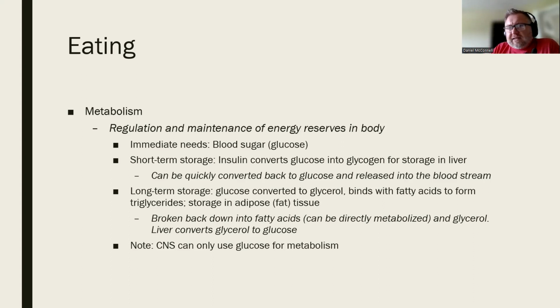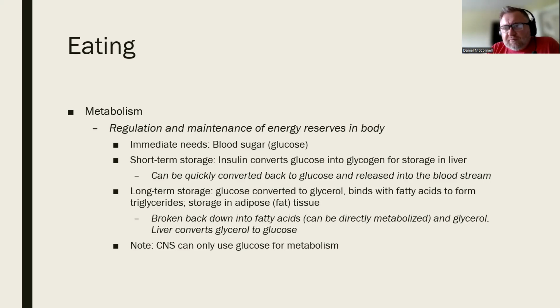Or in the case where, like I said, if I just pick up and I start running down the street, that's going to quickly use up my glucose. But again, the liver can just spike the bloodstream with a very rapid release of glycogen. So this can happen fairly quickly. It's kept and held in the liver as a storage mechanism, but it can be fairly easily and quickly converted back into glucose when that is needed, right?